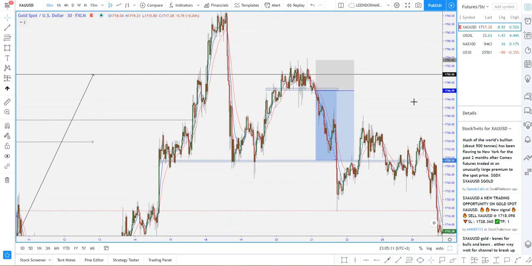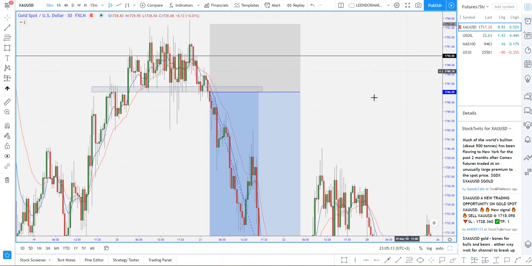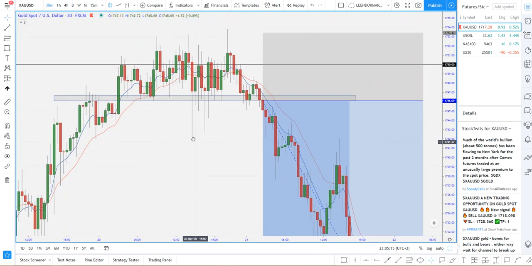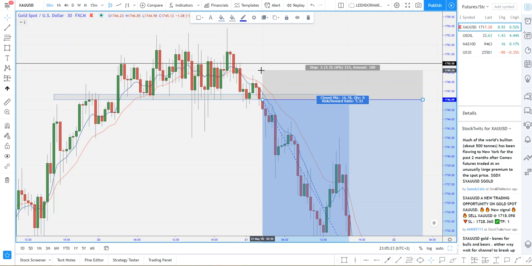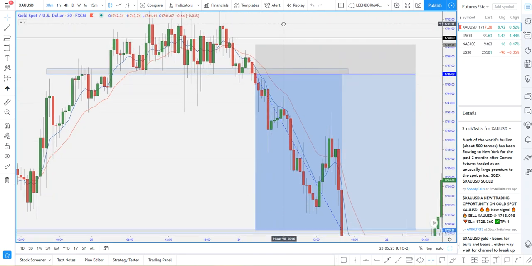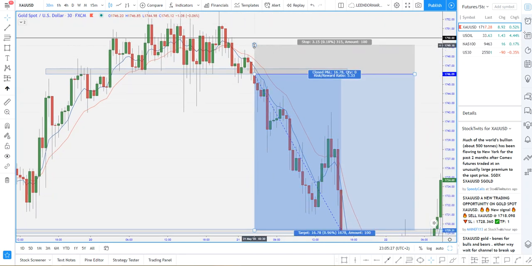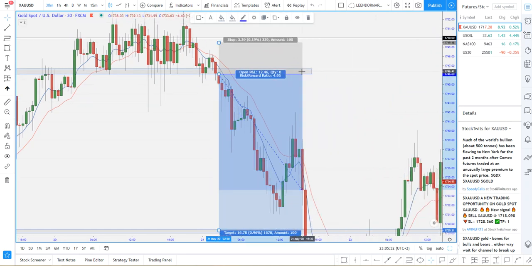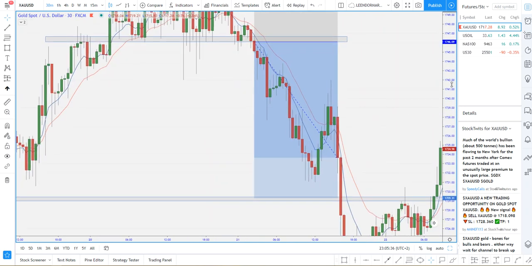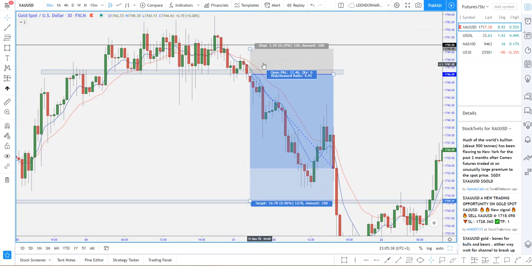And then my stop loss would be slightly above this level, because I do understand that a break above this level would mean that my trading idea would have been violated. So my stop loss would have been slightly above the previous high, because if we break past the previous high, then obviously we have violated the trading idea. So I make room for stop losses and everything. So I would obviously literally risk